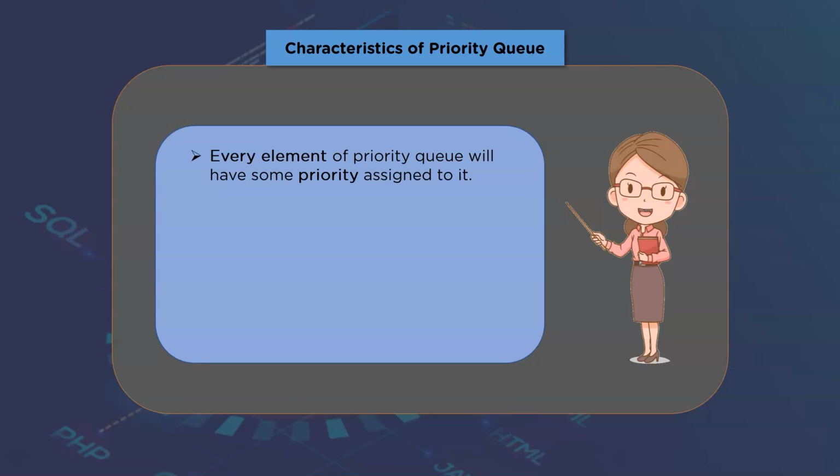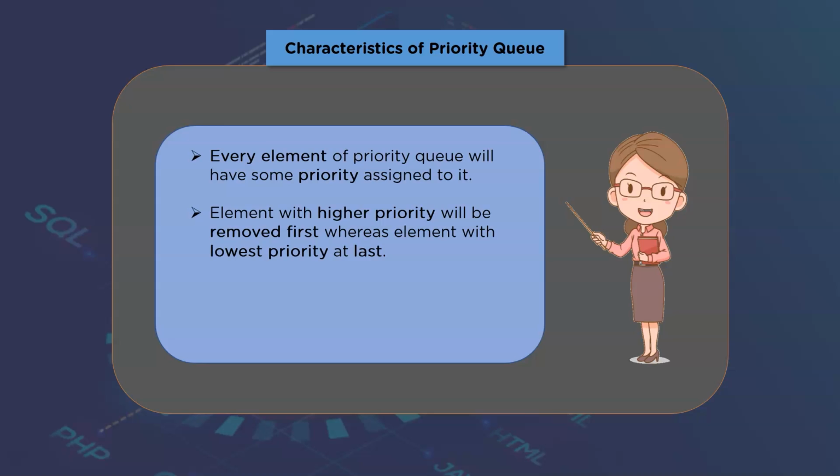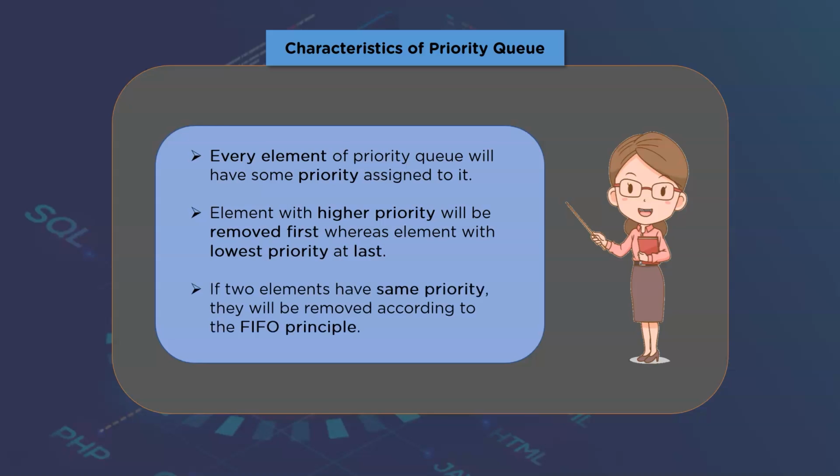The first property of priority queue suggests that each element has a certain priority assigned to it. That priority might depend on the value of the data element. It can be either larger or smaller. The next property states that the element with higher priority will leave the queue first, whereas the element with the least priority will leave the priority queue last. Further, if two elements have the same priority, then the element will be removed from the priority queue based on their arrival. That means the element which arrived first out of the elements having the same priority will be removed first.